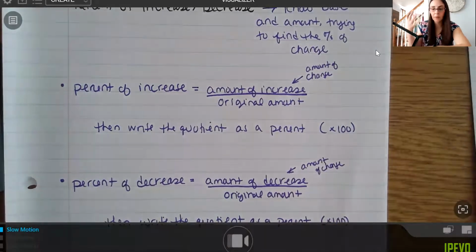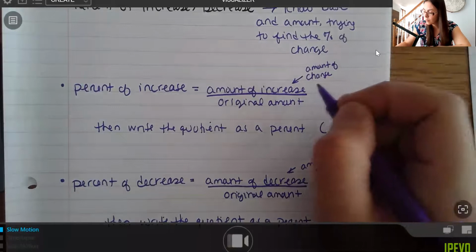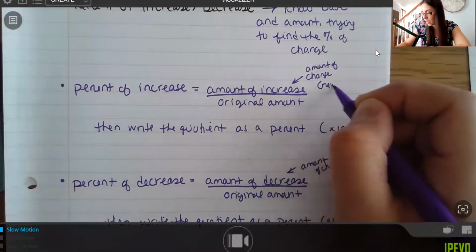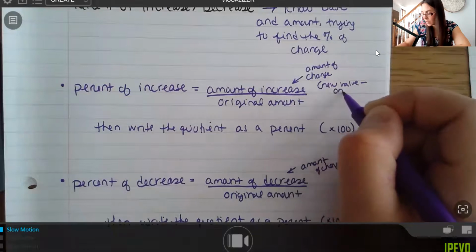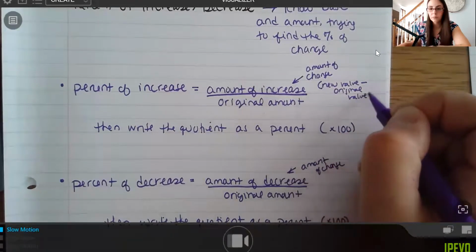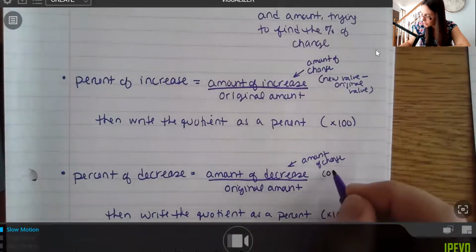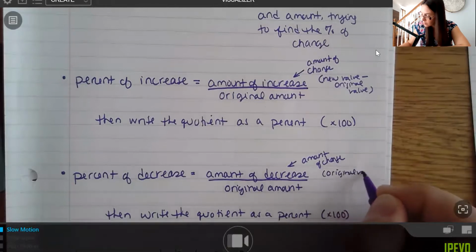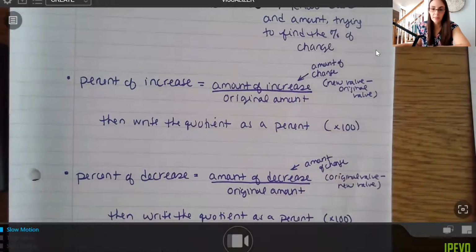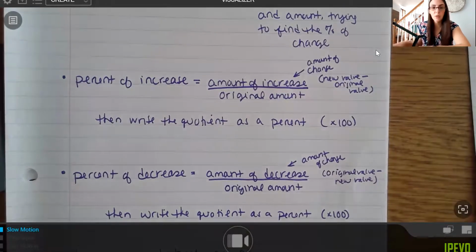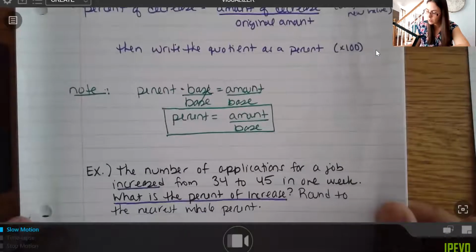So how you can find the amount of change is to compare the original and the new values. So sometimes they'll give you the amount of change in a problem. Other times you may have to compare them. So for the amount of increase here, you would take the new value and subtract it with the original value. For your decrease, you would actually take the original value first and subtract it with the new value. And that's just to keep the value positive. But you're basically just comparing the old and the new to see how it has changed. So